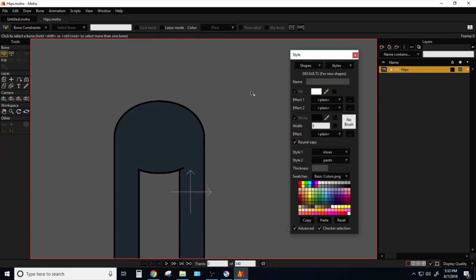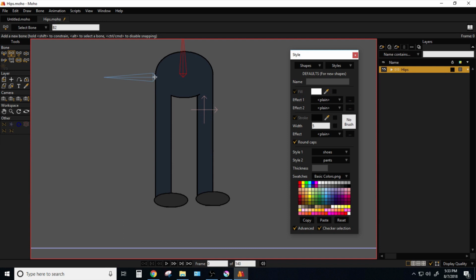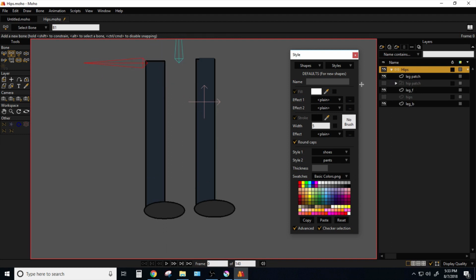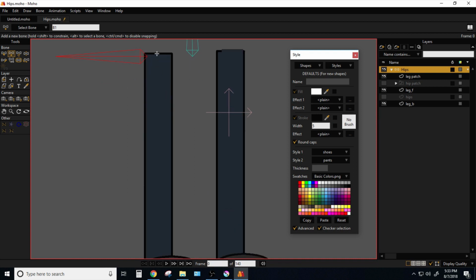Alright, now let's rig it. I'll show you how everything is supposed to be rigged. So I'm going to draw my root bone. This one goes to the stomach and then all the way up. Alt to select this one again. Let me turn off the hip so I'll know exactly where. So around here,